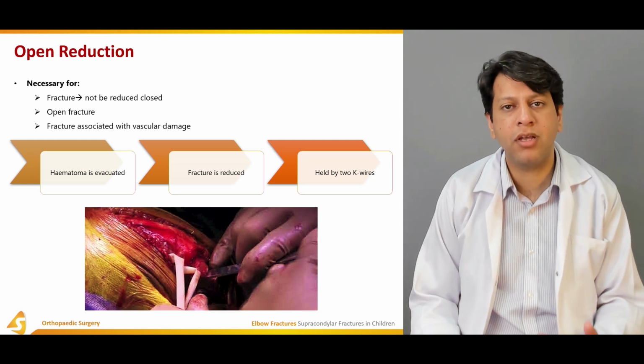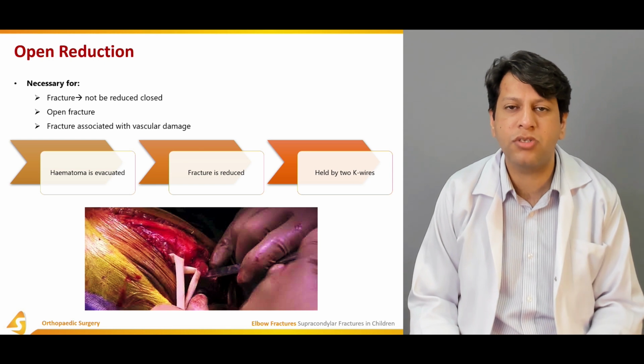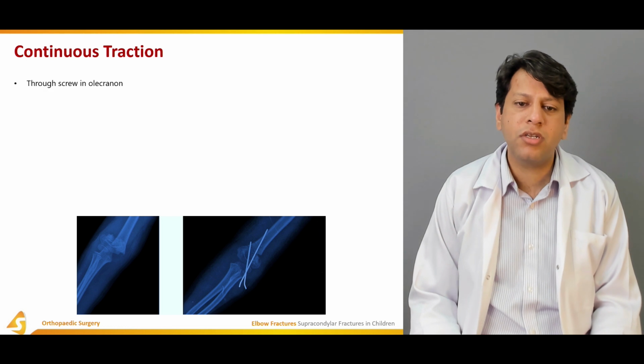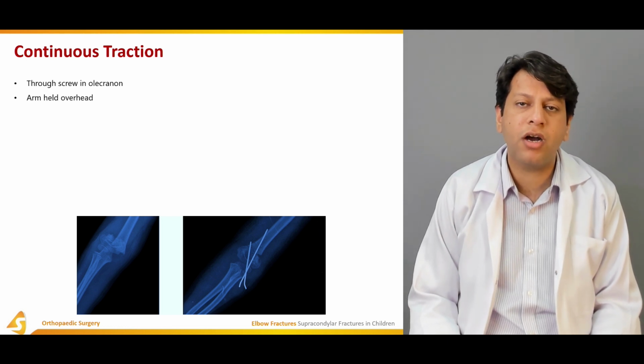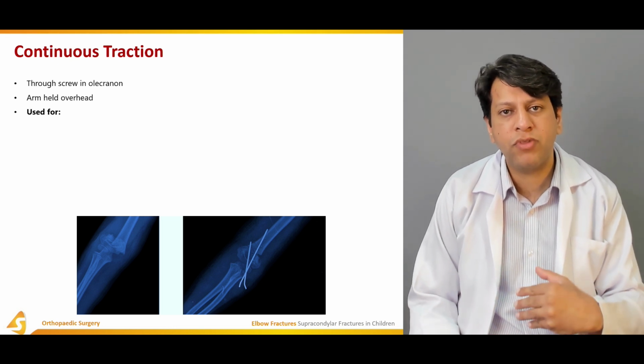And if the fracture fragments are unstable, we can go for a third K wire, but it's not always needed. Now coming to continuous traction. Continuous traction is a technique in which a screw through the olecranon is first passed, and the arm is held overhead so that the weight of the body